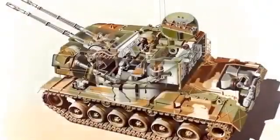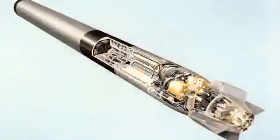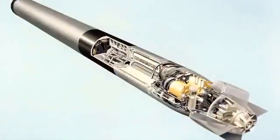Worked on some conceptual artwork showing cutaways of some of the weapon systems and how the components inside those weapon systems interrelated to one another. I was given a lot of information. Many times I was asked to create illustrations for clients based on just verbal descriptions of what they wanted to see, because a lot of it was conceptual artwork that was supposed to put across the idea that, say, a